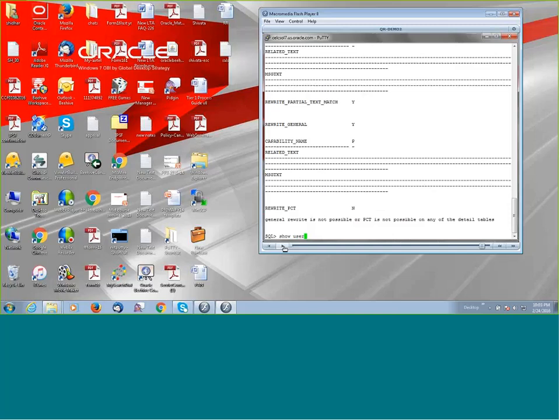So this is the output that we get from this particular table. It says rewrite partial text match, yes. Rewrite general, yes. Rewrite PCT, no. And then it gives a short description as well: general rewrite is not possible, or PCT is not possible on any of the detailed tables.